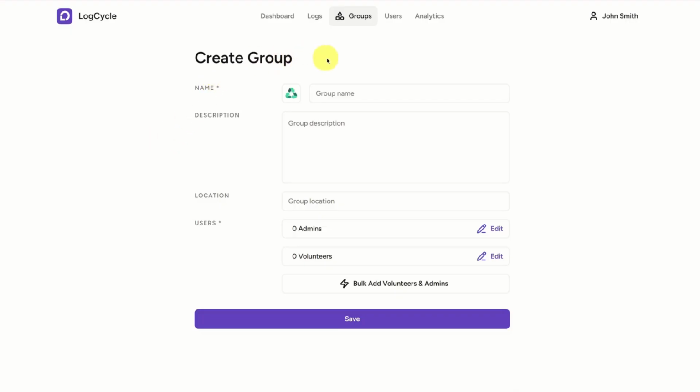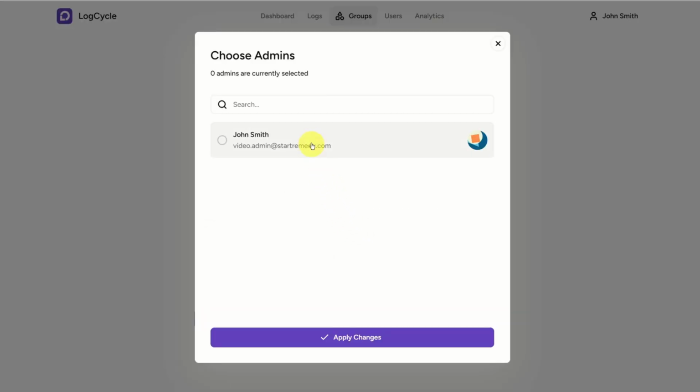Here, enter the group name and select an emoji, which is optional. And then also you can write a description and have a location, which are also optional. Underneath that, you can add users, both admins and volunteers. So if you click inside here, you can check and apply. You can uncheck to deselect users and do the same thing with volunteers here. Quick note, your organization will likely have multiple members here, but for our demo purposes, we only have one admin